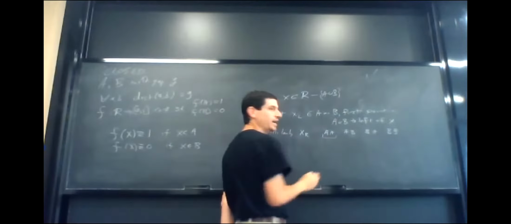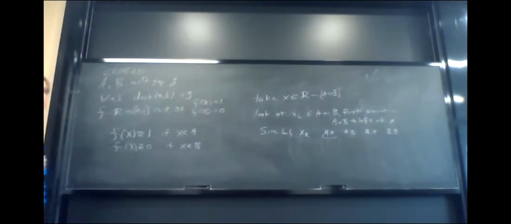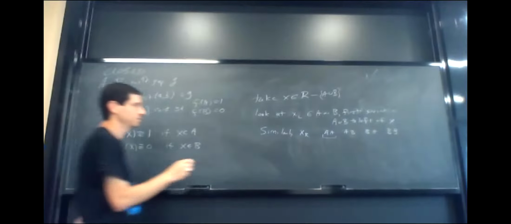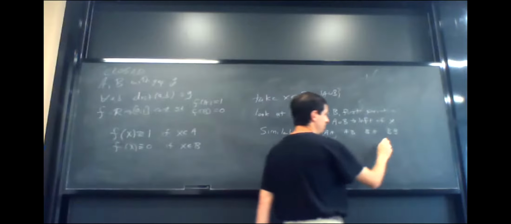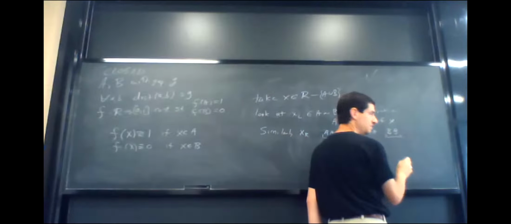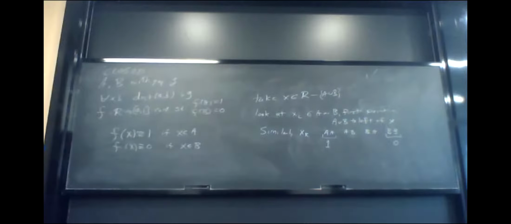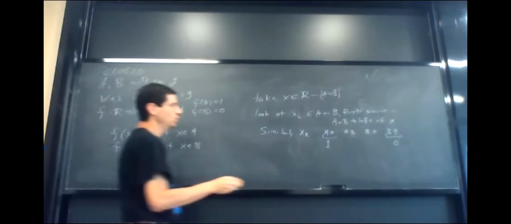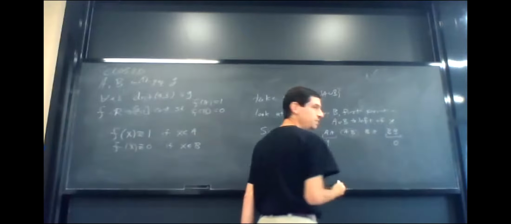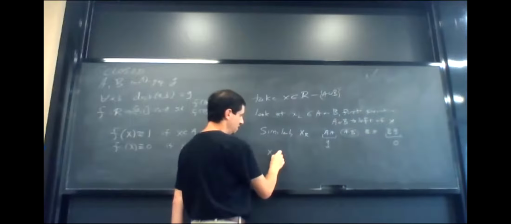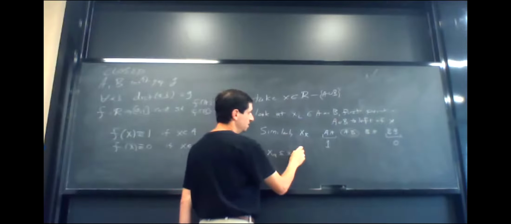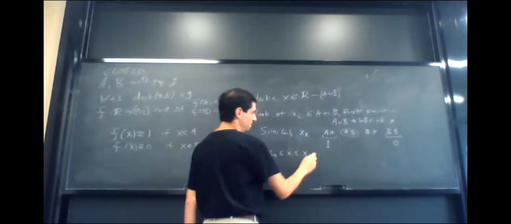So if it's AA, what can we do? Have it be 1. Yeah, have it be 1. And if it's BB, 0. So now we only have the AB and the BA; by symmetry they're the same. And so now how would you define it? So let's assume we're in the AB case. So we'll have maybe x sub L less than or equal to x less than or equal to x sub R.